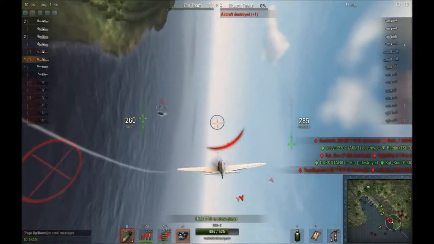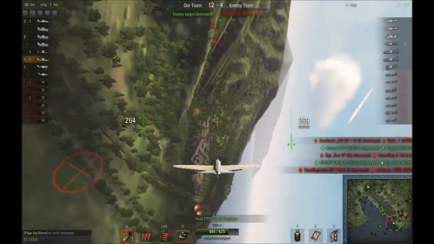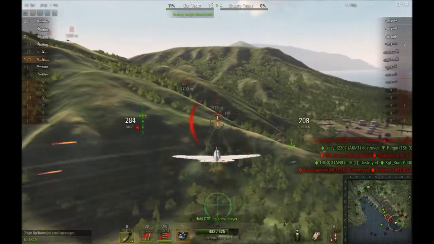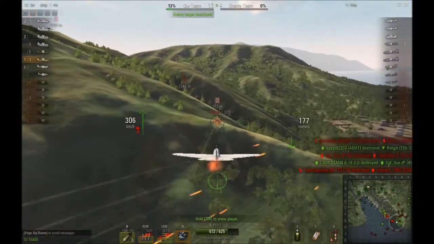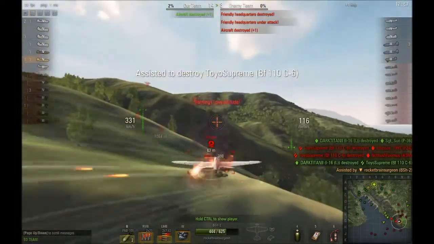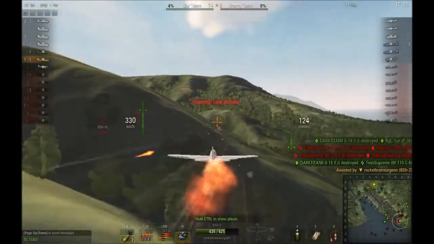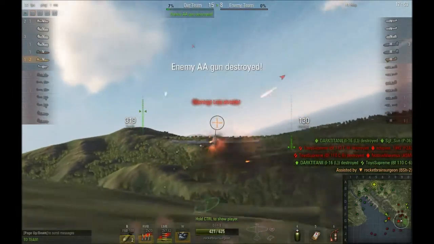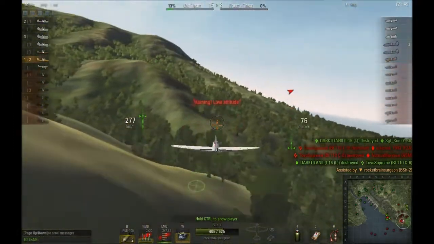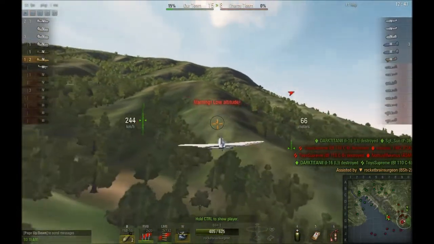It doesn't take much time, and I reduce that BF-110C6's HP down by about 60% for very little effort on my part at all. And then again, go back to the ground targets. Now I've picked up a tail and you have to decide what you want to do. I put a bomb on the AA gun because I hoped I could catch the enemy as well,